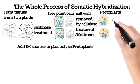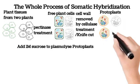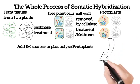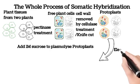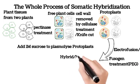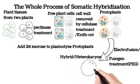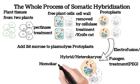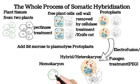In the enzymatic method, protoplasts are isolated from plant cells using the enzyme called cellulase that breaks down the cell walls. This leaves behind a suspension of protoplasts that can be manipulated in the lab. Next, the protoplasts are fused together using chemicals like polyethylene glycol in synergism with calcium ions, or electrical methods. This can be done using a variety of techniques, such as electrofusion or chemical fusion, to create a new cell